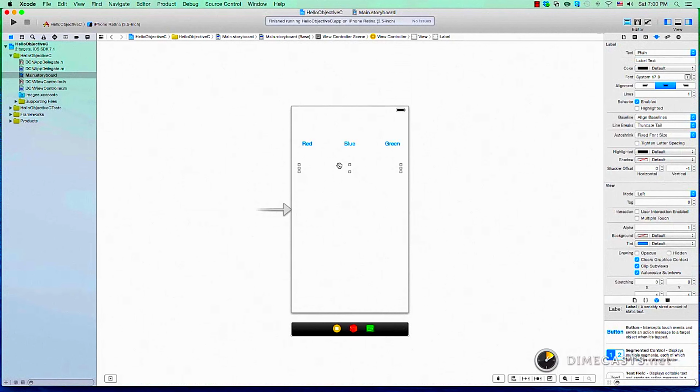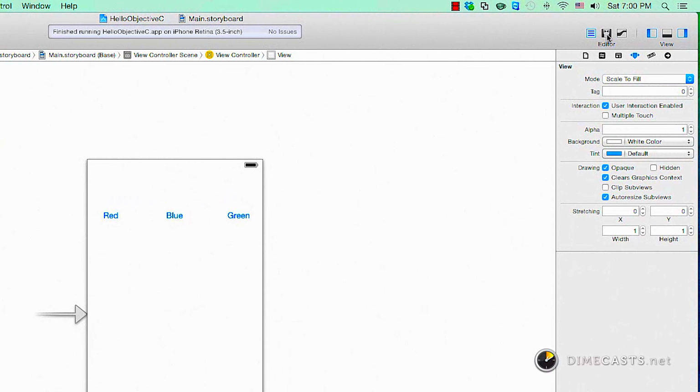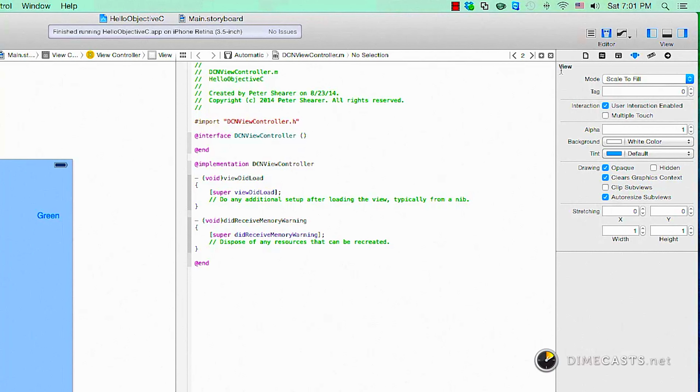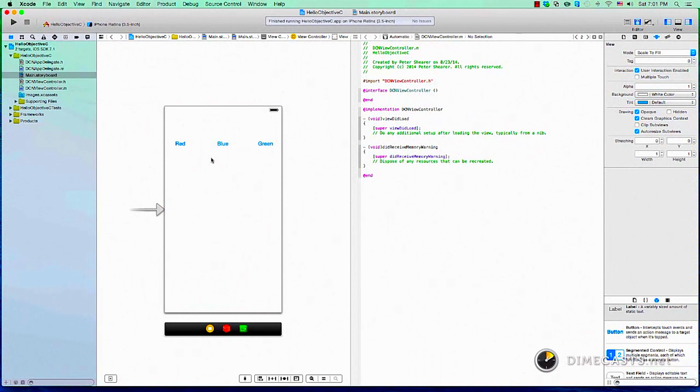Hit stop. So if I come up here to the right, upper right hand, and above all the editors, I can choose the assistant editor. It's the one that looks like a tuxedo. What that'll do is bring up the M file for the current view controller that you're working on. The M file is the one where the implementation happens. So the first thing I'm going to do is select my label,